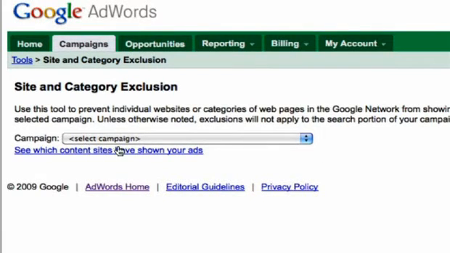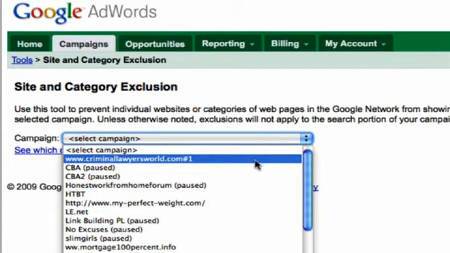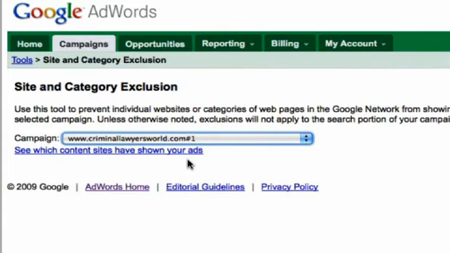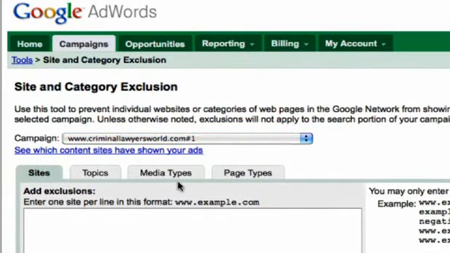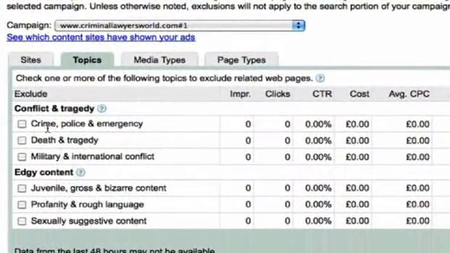And what we do here is within the campaign link here, it will display all of your current campaigns that you've got running at the moment. So for example, let's just click on this first one here that I've just uploaded today. Now this is what we call the site and category exclusion page. Now this might shock you, but when we click on the topics tab here, by default Google will show your